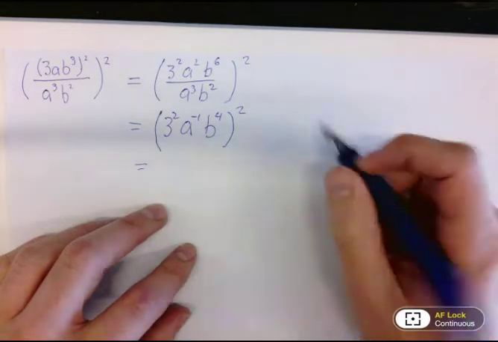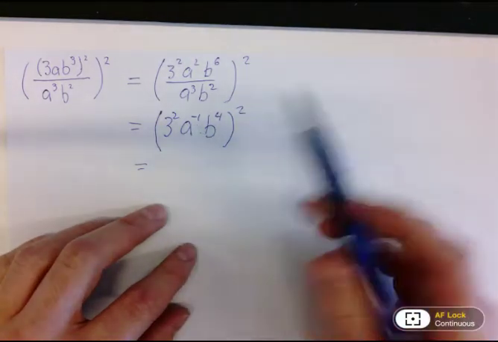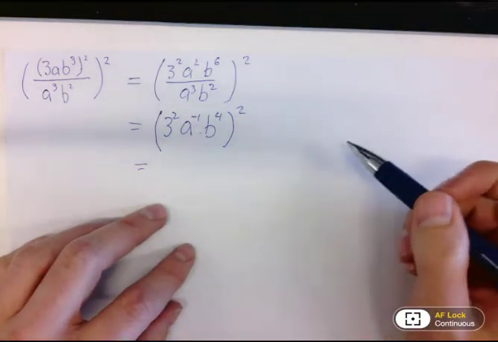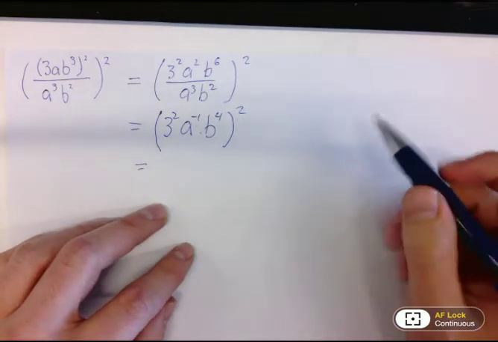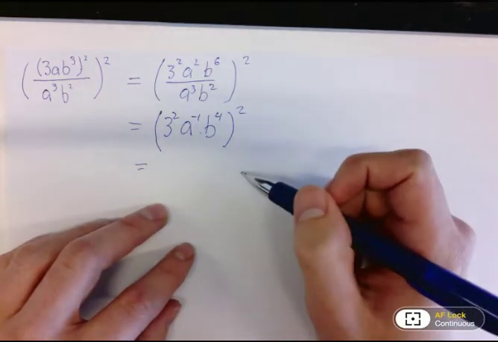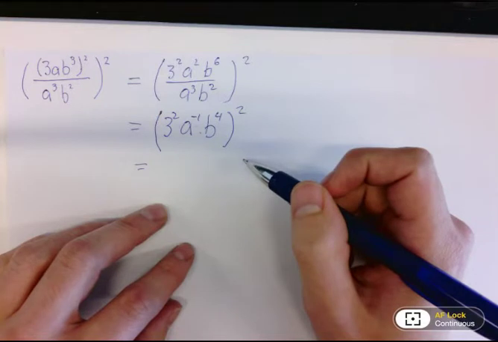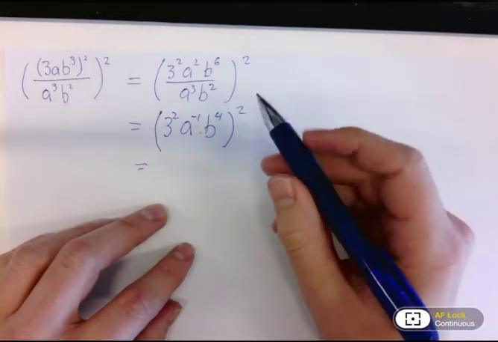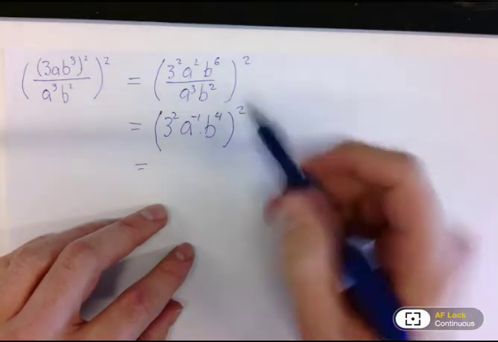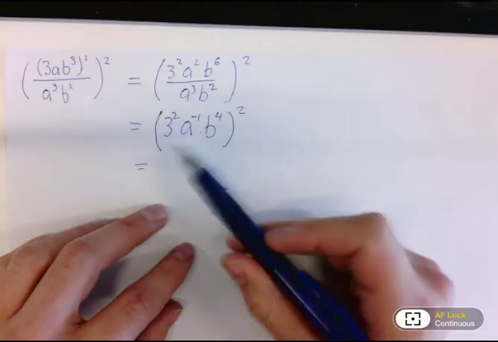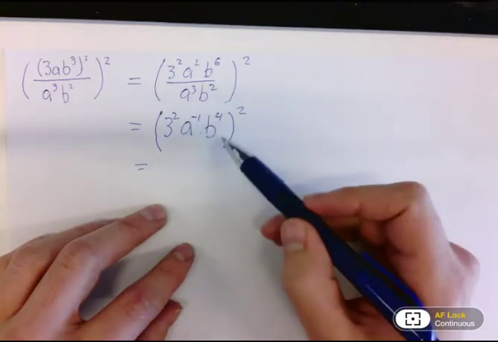Now you'll notice that I left a negative indice at this point in my working. You don't have to get rid of it straight away. The best thing to do is leave it there until your final step, and you can make the power positive in your last step. So we have 3 squared, a to the minus 1, b to the power of 4,